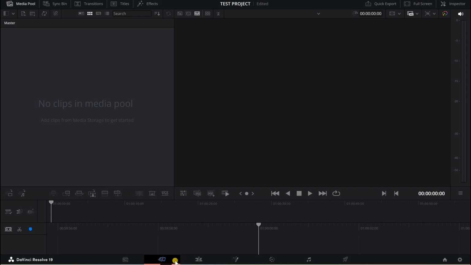So if you look up here, like I said, this initially comes up under the cut. It says up here, no clips in media pool. So what you're going to do is right click the mouse on that, and then you go down here to where it says import media. So anything you have saved on your computer, you'll be able to import here and go find it. So I'm going to click import media,